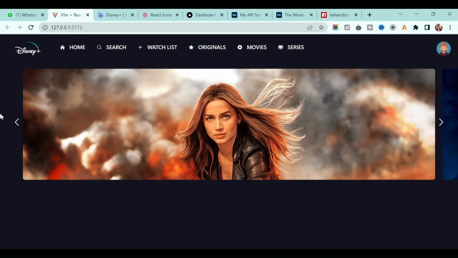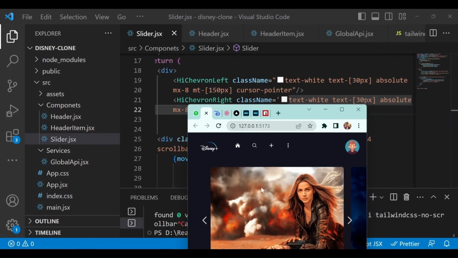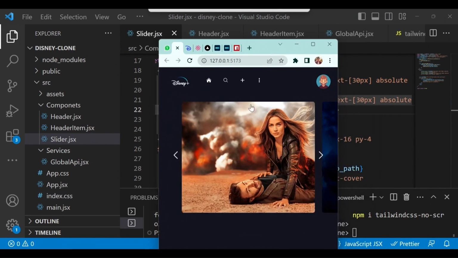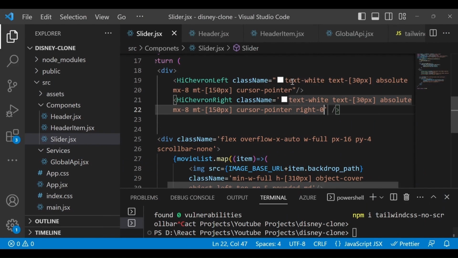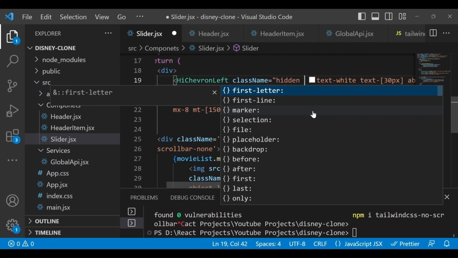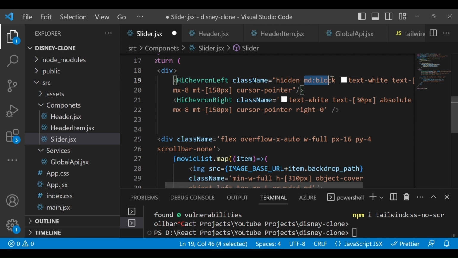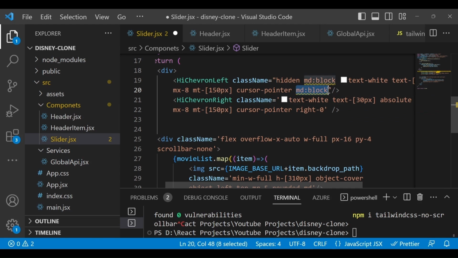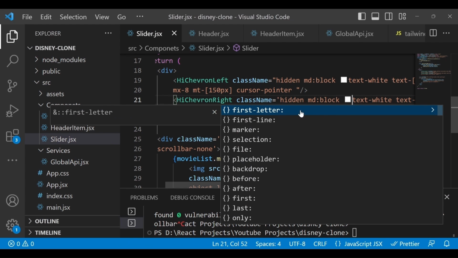Now one more thing. If I decrease the screen size, I don't want this navigation bar anymore because with the help of mobile view, I can easily navigate. So in order to avoid that, when the screen is smaller, you can just hide it. Okay, and when the screen is medium or larger, you can show it, or you can say, just show as a block. Okay, display as a block. So we have to paste this line for this icon as well, and then save it.